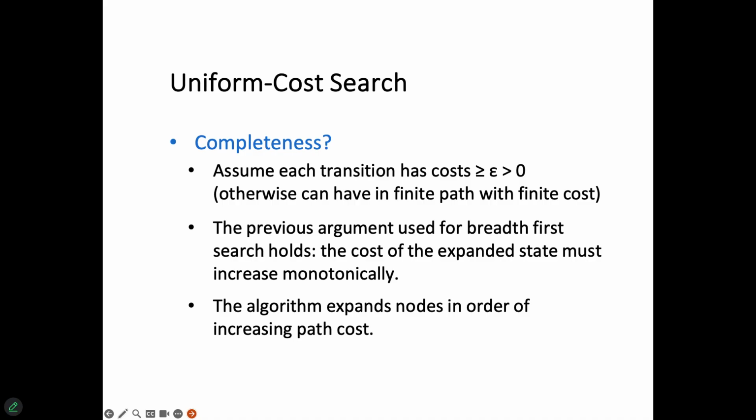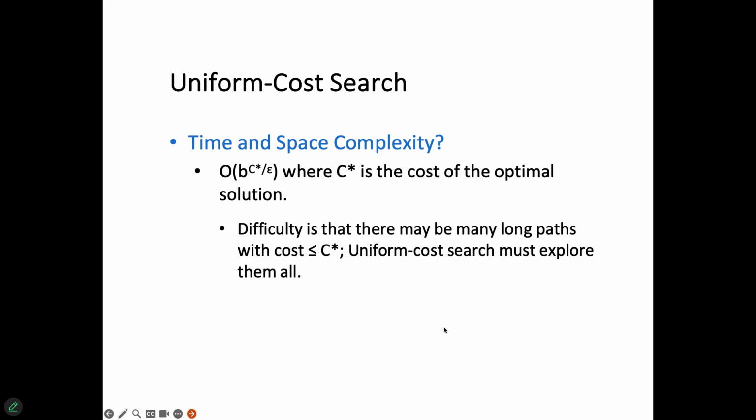And this is because it is choosing based on the lowest cost, right? So if we have a cost of 0 or negative, then it may get stuck in an infinite cycle. And we want to make sure that it expands nodes always in increasing order of the cost, which it does. And in terms of time and space complexity, so we said